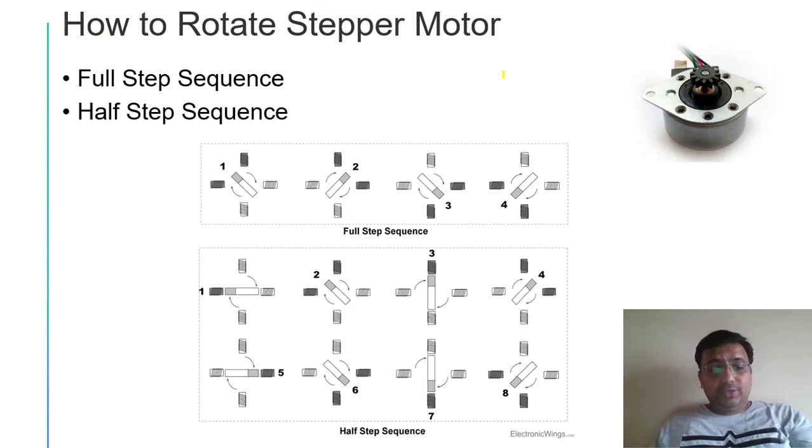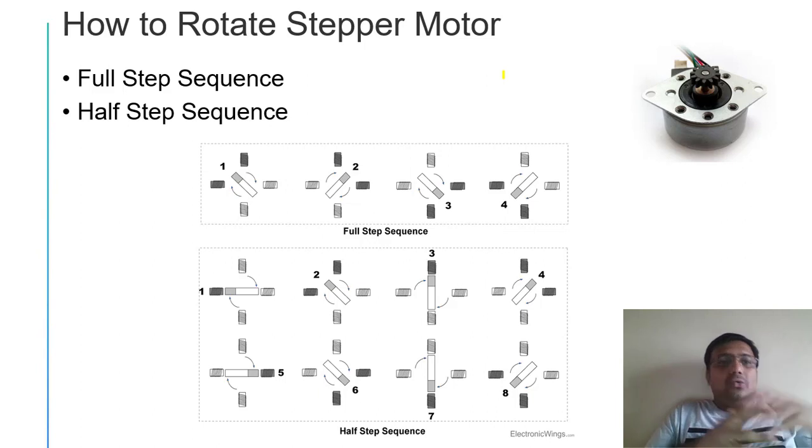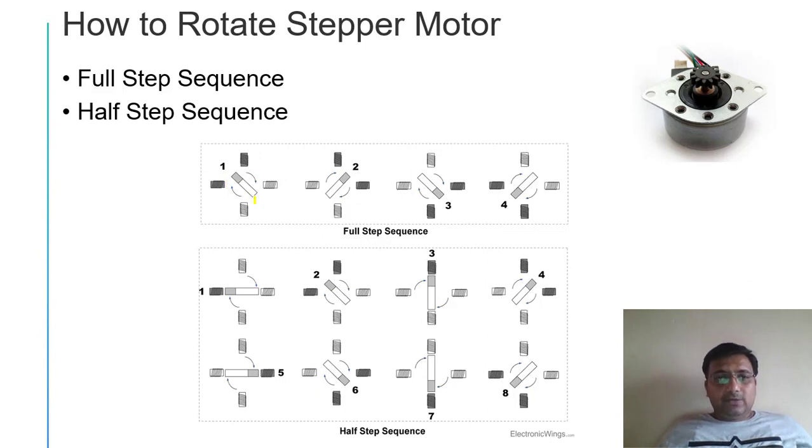As I told you, there are three types of rotations of a stepper motor: full step sequence, half step sequence, and wave mode. So what do we mean by full stepping sequence, half stepping sequence, and wave mode? Here is a full stepping sequence. You can observe that 4 steps are there. At the first step these two coils are energized, and the position of the rotor is this, the second position of the rotor is this, the third position is this, and the fourth position is this. You can look at which coils get energized.